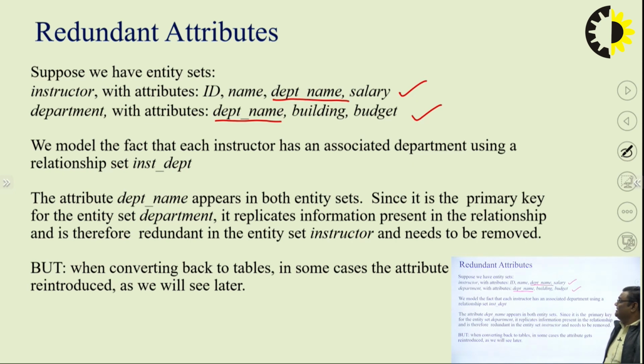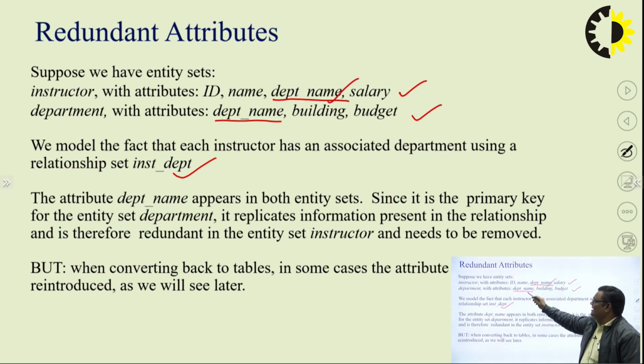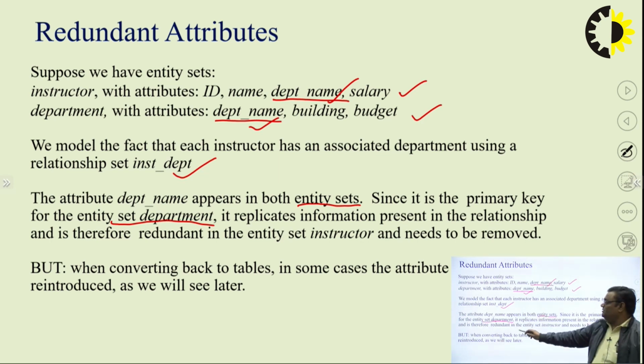We model the fact that each instructor has an associated department using a relationship set, instructor department. Every instructor will be associated with some department. To get the information about the department from the instructor table itself, we select department name here also, and for the department entity, it is the primary key, so it is represented there also. The attribute department name appears in both entity sets. Since it is the primary key for the entity set department, it replicates information present in the relationship and is therefore redundant in the entity set instructor